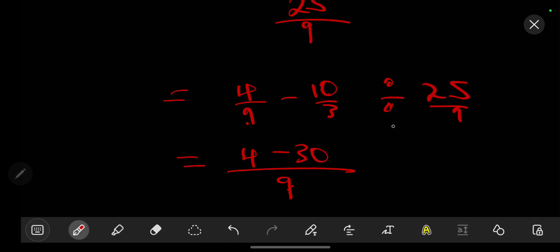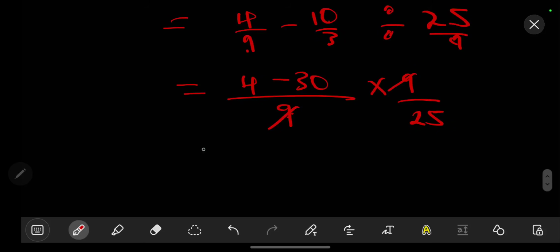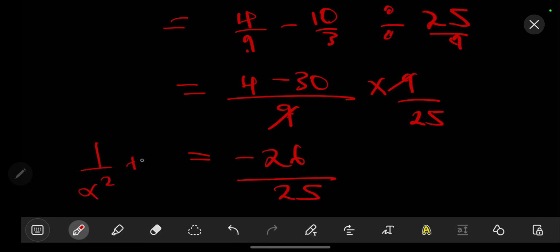Then division converts to multiplication. We have a 9 will go on top over a 25. So this and this will cancel. 4 minus 30 will give us negative 26 over 25. So this is the sum of the roots. Then our product of roots,